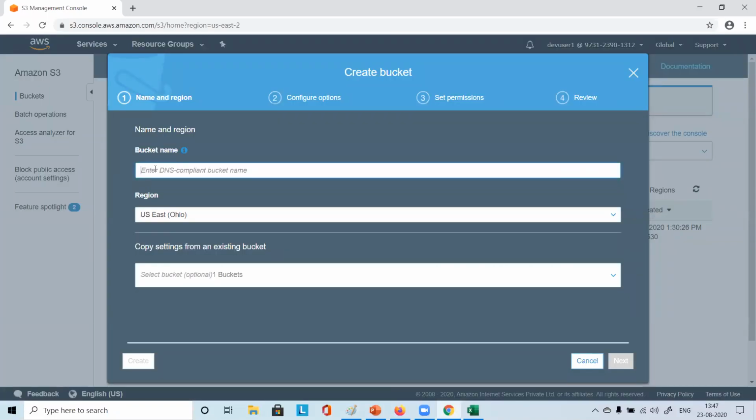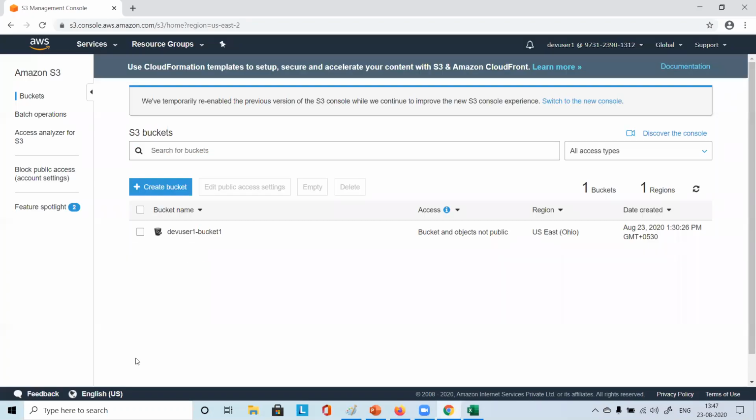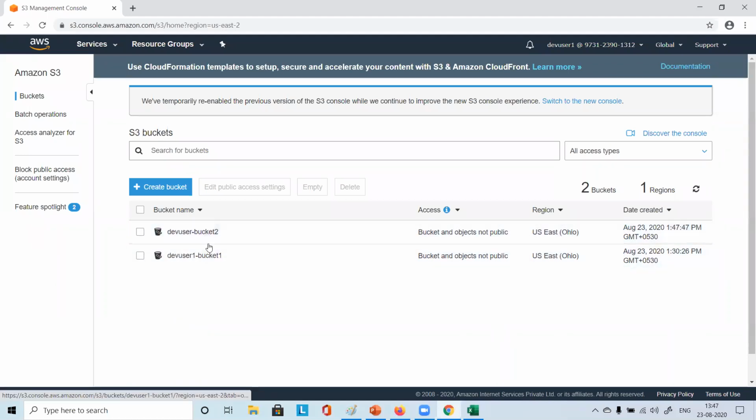So here I say dev user hyphen bucket 2, and then I say create. See, this user is able to create a bucket. Yes, only the delete is not accessible.